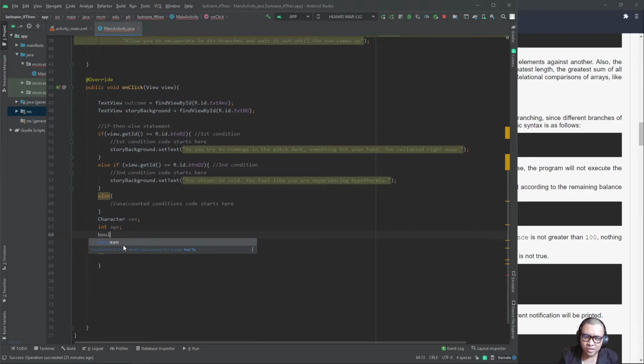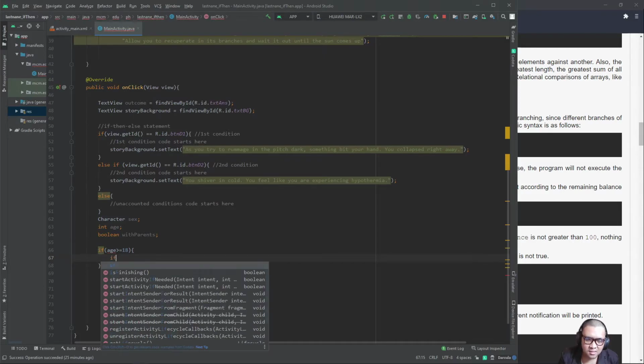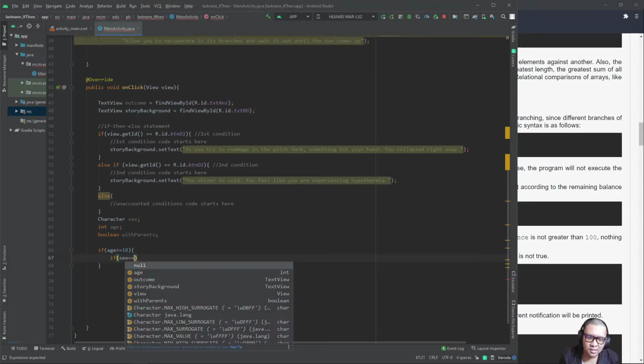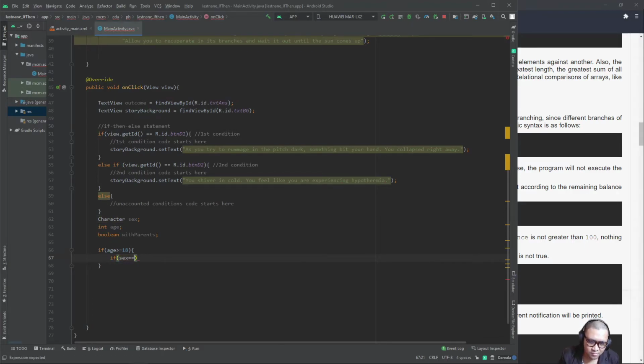Maybe add another condition here. Boolean with parents. Let's say you are with your parents. So then it asks your age, or rather your sex. So if sex is equals to, let's say, M,